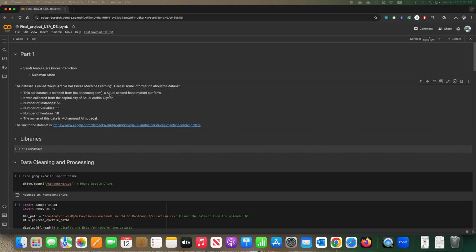opensouk.com, which is a second-hand market platform. It was collected from the capital city of Saudi Arabia, which is Riyadh. Number of instances are 560, number of variables are 11, and features are 10. The owner of this dataset is